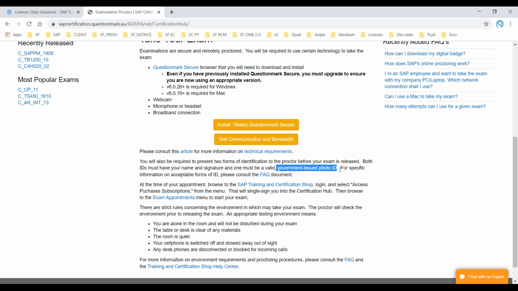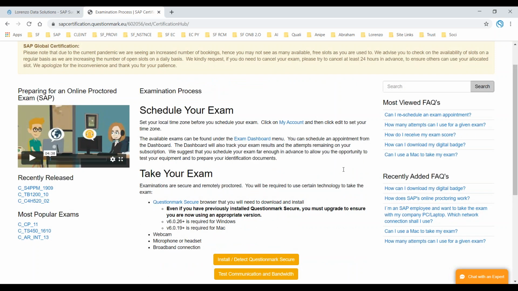You can also take your driving license. Your proctor will come online and verify your entire room in a 360-degree way, and they should be confident that there is nothing suspicious, and they'll be watching you.